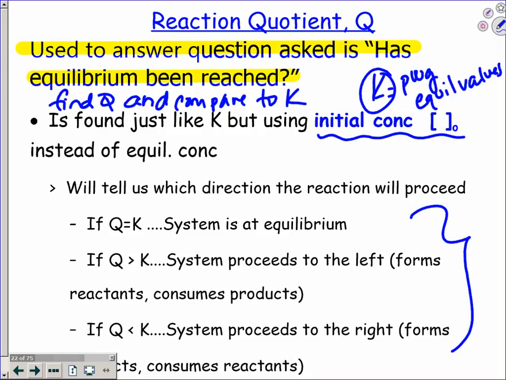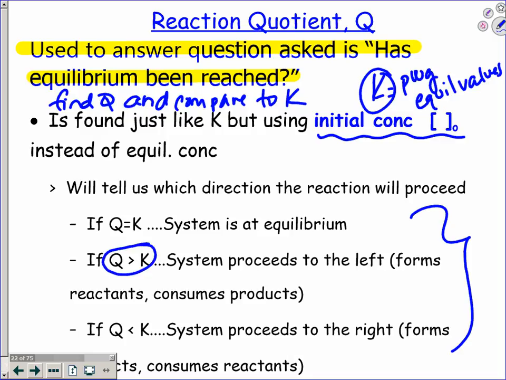If, when you plug in the data points, Q is equal to K, you're like, yep, it's the same as the equilibrium constant. Equilibrium has been achieved. We are done. Dynamic equilibrium is just occurring as is. If the Q is large,